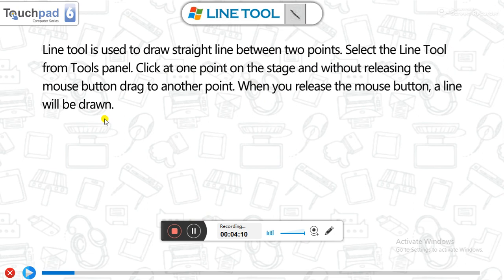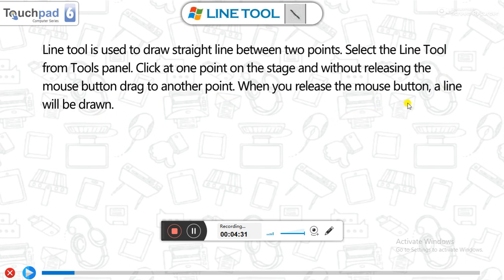To use the line tool, select the line tool from the tool panel and click at one point on the stage and, without releasing the mouse button, drag to another point.